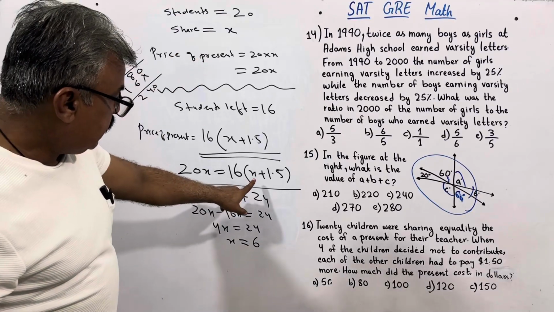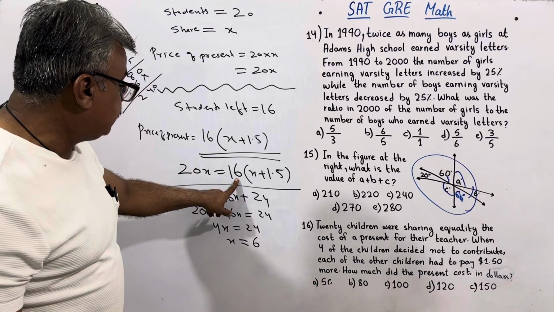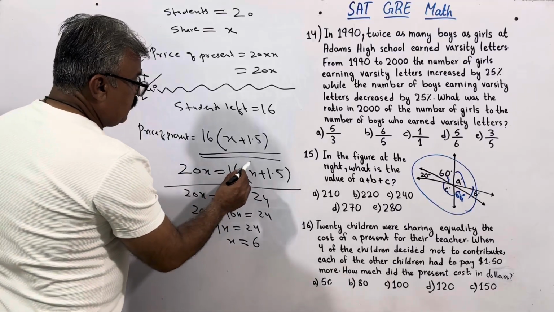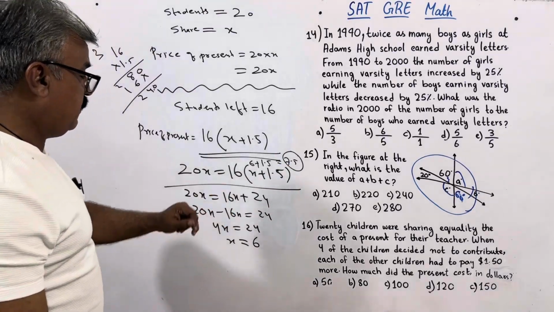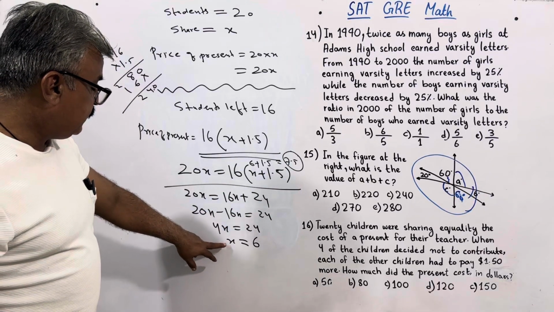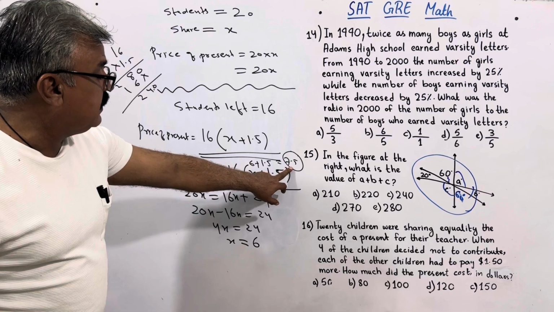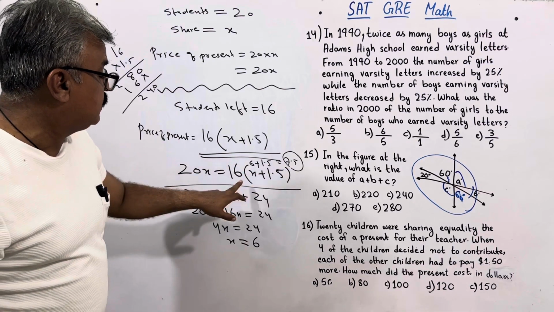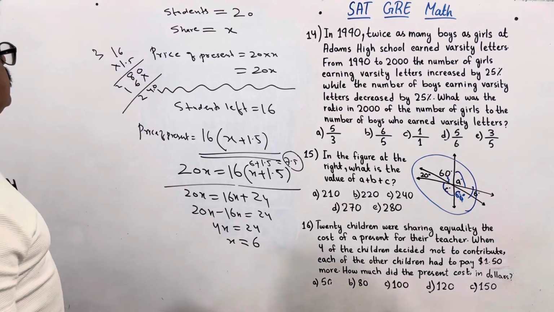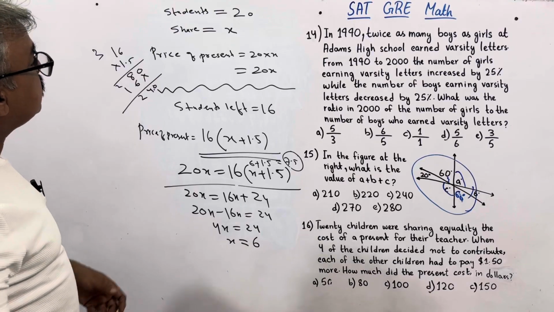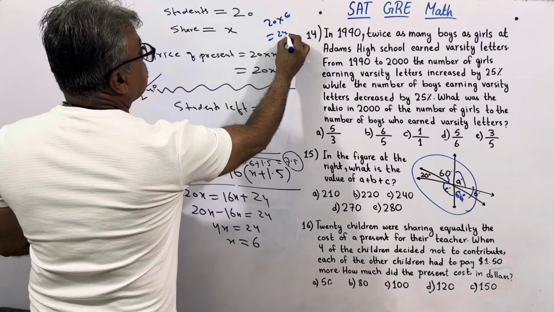After the 4 students backed off, there remain 16 students. They have to share $7.5, which is the additional 1.5 plus 6. 6 is the share when there were 20 students, and 7.5 is the share when there were 16 students. Now we are asked to find the cost of the present. If you utilize 20 times 6,